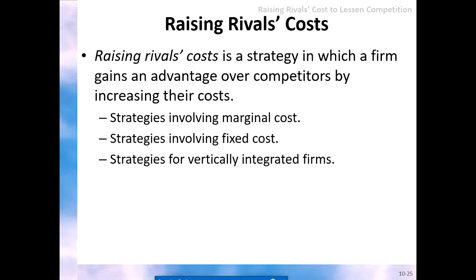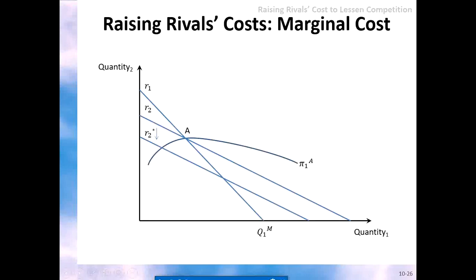Raising rival cost is a strategy in which a firm gains advantage over competitors by increasing their cost. Strategies involving marginal cost, strategies involving the fixed cost, and strategies for a vertically integrated firm. Let's say the first one. We assume that this is a monopoly firm,